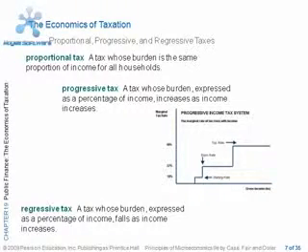With a progressive tax, the marginal rate of tax exceeds the average rate of tax. As a result, a progressive tax helps to reduce inequalities in the distribution of income. The post-tax distribution of income will be less dispersed than the pre-tax distribution. With a proportional tax, the proportion of income paid in tax remains constant as income changes.